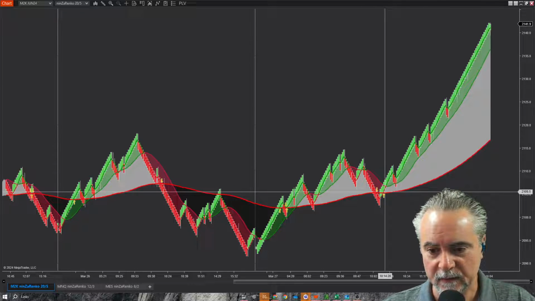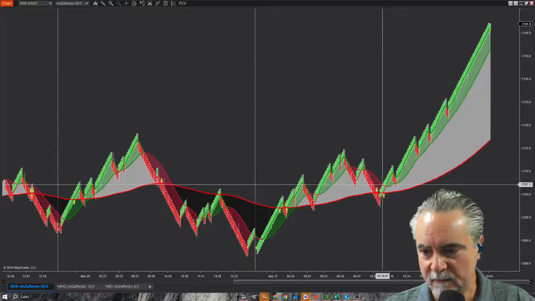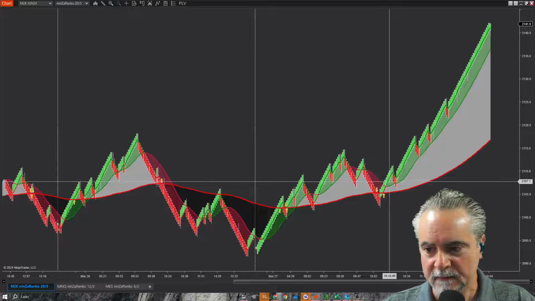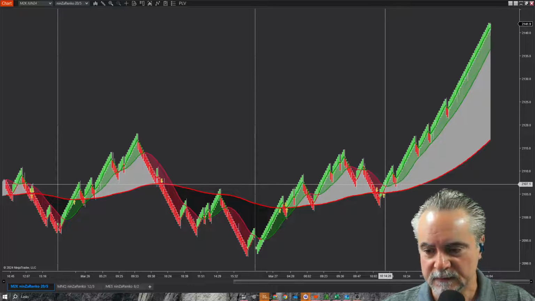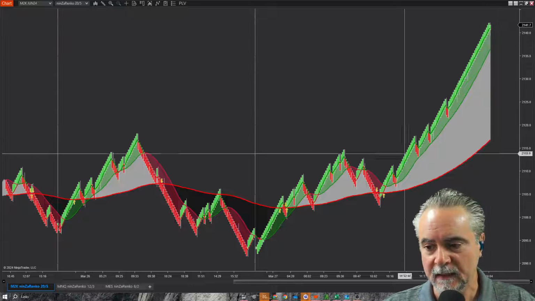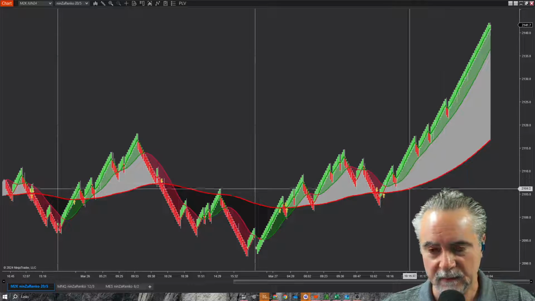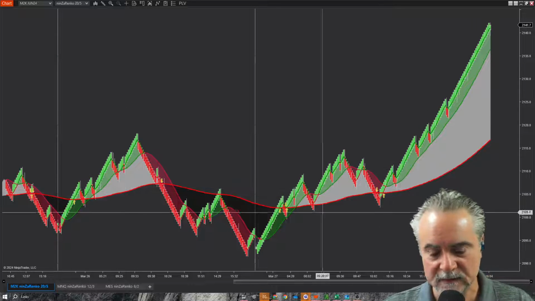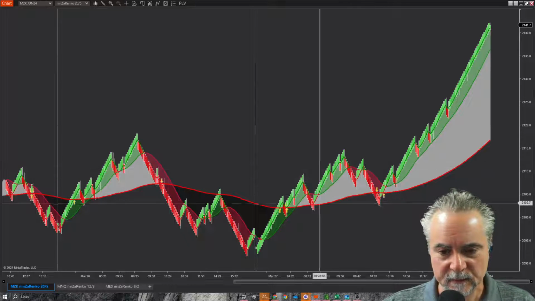I mean, you go from where it crosses down here, you might have got in at 2107, something like that, and it runs all the way up to 2141 or 2142 at the end of the day. That's an incredible move on the Russell. So things were a little bit sideways earlier, but